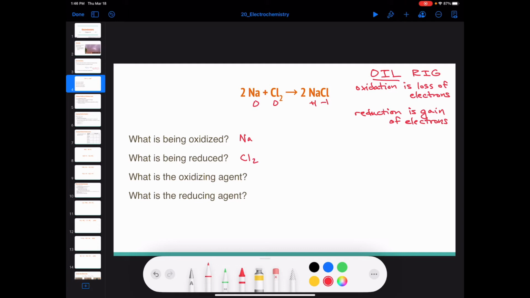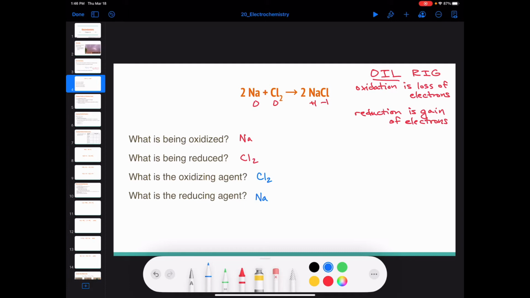So same thing happens here, right? Sodium is being oxidized, okay? We agree on that, but that means that it's actually doing the reducing. So sodium is actually the reducing agent. And then chlorine is being reduced, so it must be the oxidizing agent. Or in other words, if I want to oxidize something, I'm going to mix it with some chlorine because that's going to cause the chlorine to be reduced, and in the process, it's going to oxidize something else. Okay,